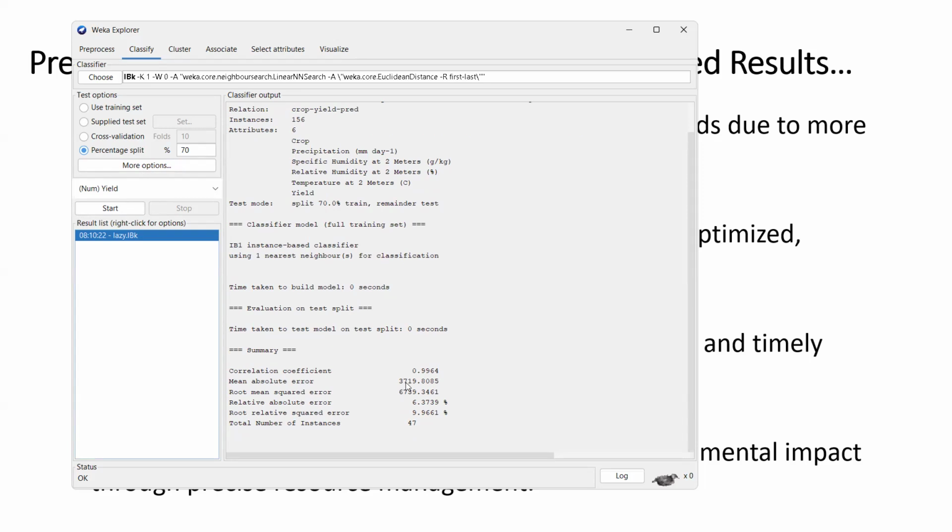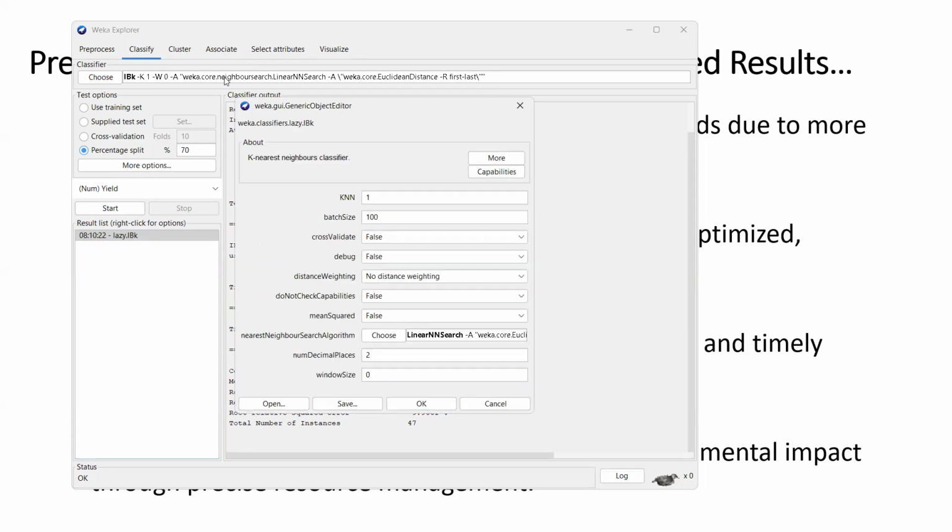Root mean square error and mean absolute error, these are the errors. This is why it's always good to have more than one performance measure when you are measuring the performance of your model. Even though the correlation coefficient says 0.99, or 99.64, you can see the error is still high because these are big values. So you have to move further to see.